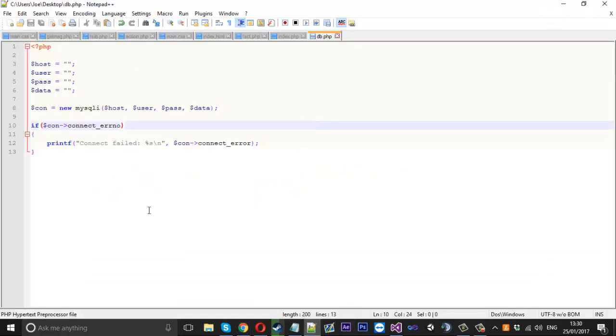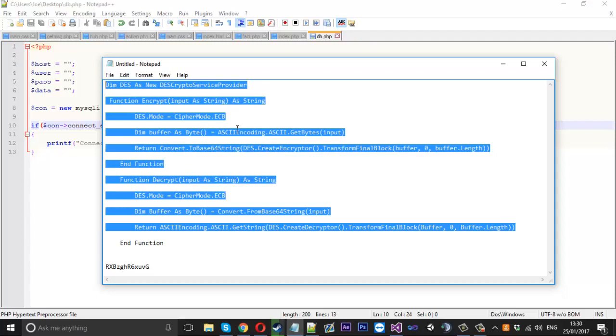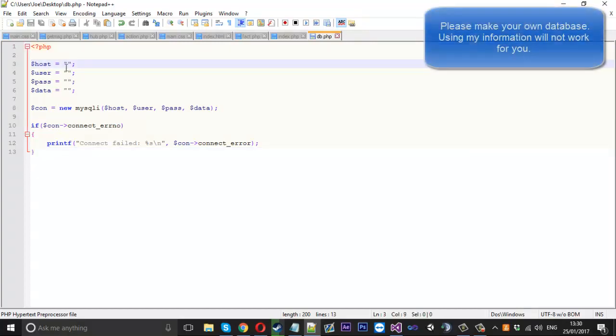Now I've got a database file here, which, for everything that I've sort of been lazy about, not that I'm being lazy, it's just to save time for the video. You might have seen this earlier, which we will possibly use later on. I just copied it, and this database file here, I'll leave it all in the description for you, so it's easier for you as well. But what it is, we need to input our 4 credentials here,